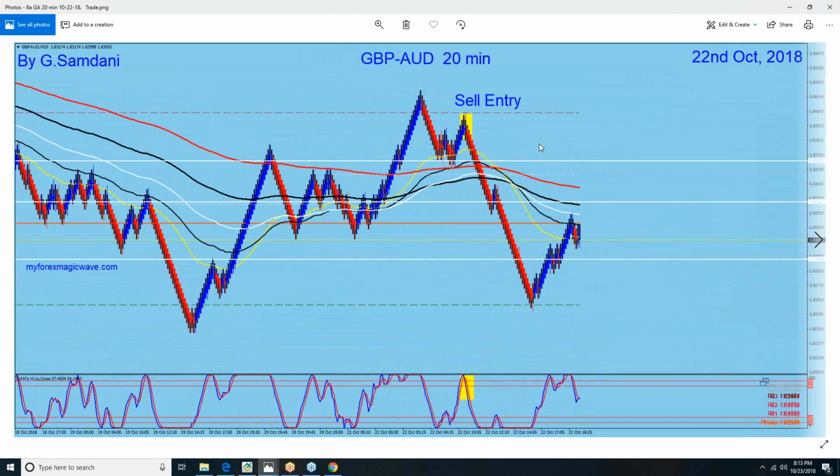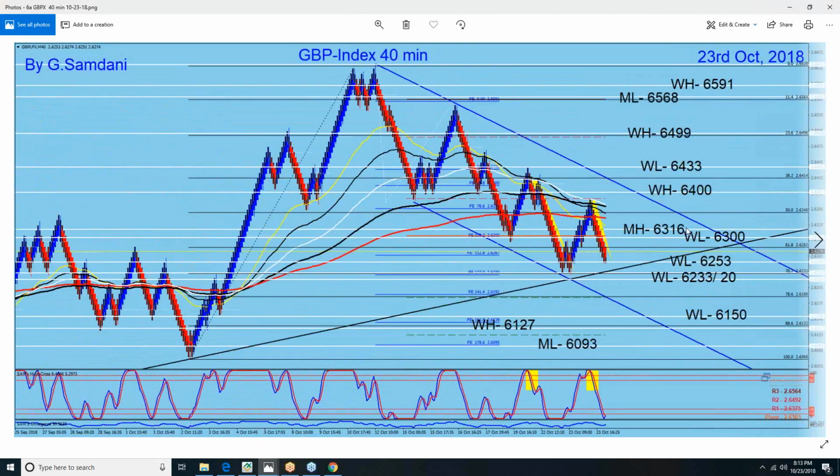But this is the one, the pound Aussie, that I had a very beautiful entry, but I didn't take it. And that's what I said in yesterday's video. You can go take a look if you missed it. But today, see, after pound yen dropping, and then it bounced back in here and then